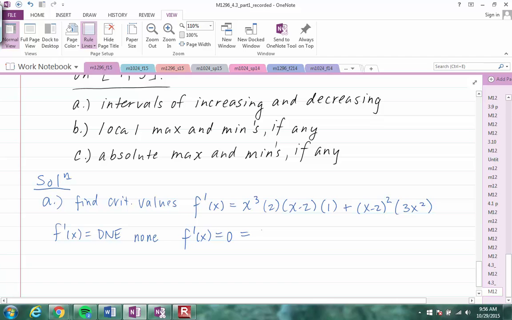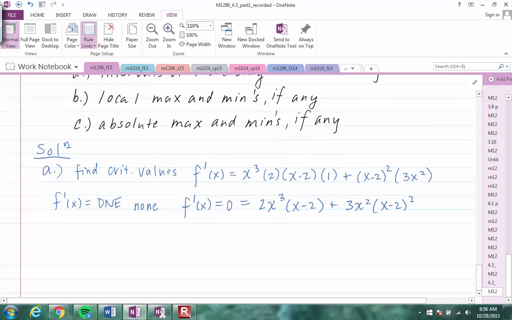Not a whole lot to simplify here. I'm just going to write the 2, and we want to look at this closely before you start launching into distributing and stuff like that. I'm just going to write it in a way that's a little bit easier on the eyes. So now, looking at this and keeping in mind that we're trying to find the x for which this whole thing is equal to 0, notice the crafty thing about having used the product rule for this derivative is I have something that's already partially factored